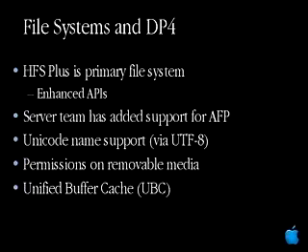Another area of key development for DP4 is the unified buffer cache. And again, this is kind of an OS holy grail item, but it's been very, very important to how we deal with things like unify the way we deal with mapped files versus standard read and write access to files. In typical OS architecture, the mapped files are dealt with by the VM system, and the read and write is dealt with purely by the file system. And there are situations where these two views of files, particularly if two people are accessing them in two different ways at the same time, can actually become out of sync. And there's lots of clever ways that OSs have approached dealing with this particular issue. And we think we've done a particularly excellent job in dealing with this for macOS 10.